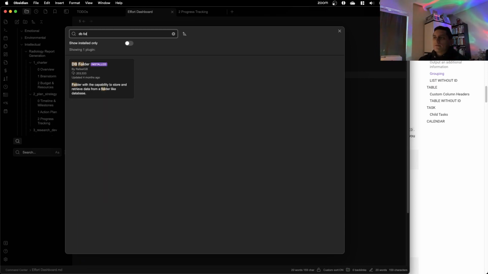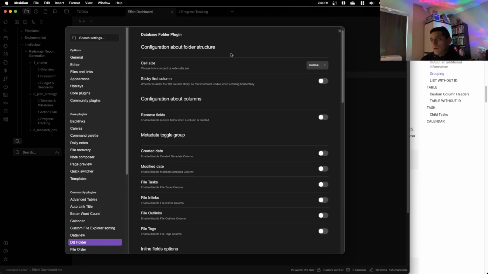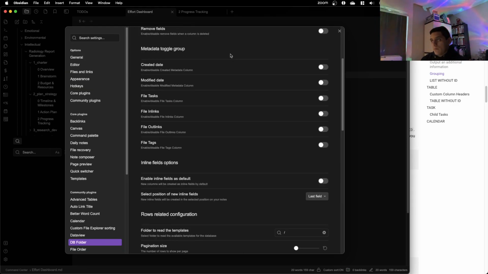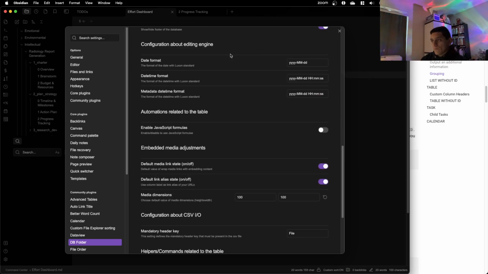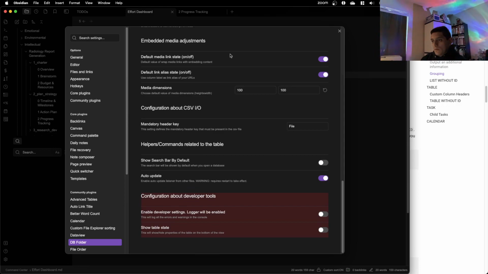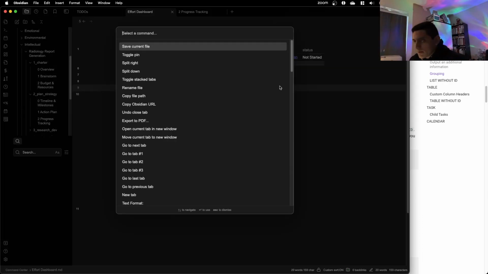So database folder, enable options. Okay, so let's add DB.